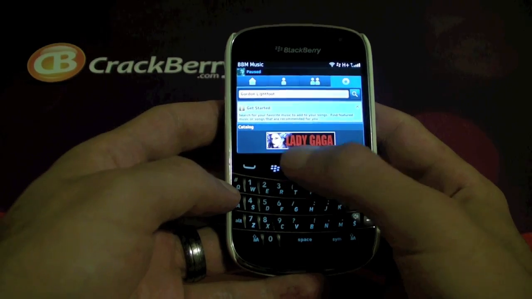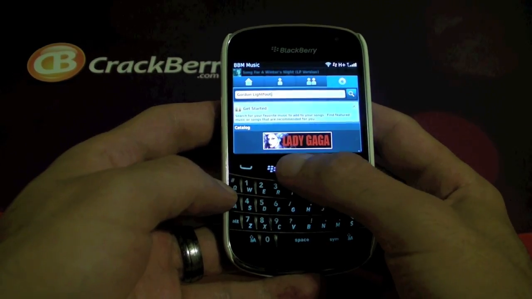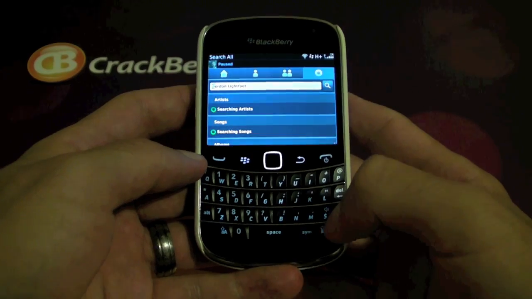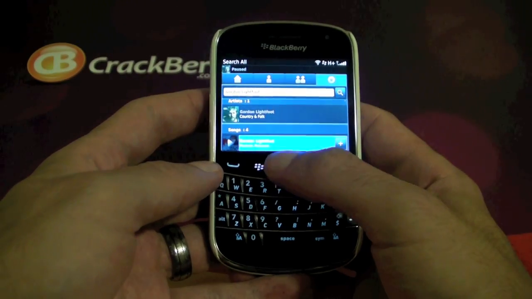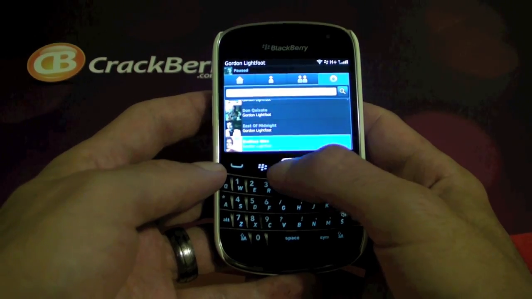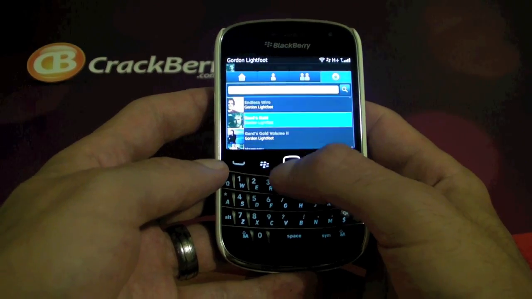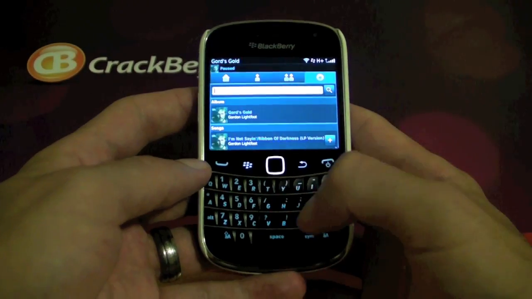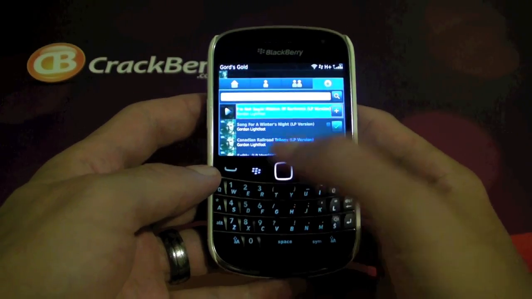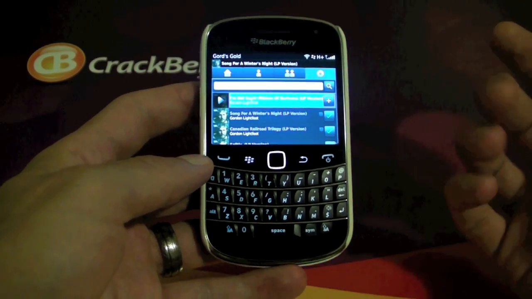The interesting thing here is if I go ahead and search, now I have Gordon Lightfoot added in there, but if I search for Gordon Lightfoot and pull up Gordon Lightfoot albums, it gives me a bunch of albums that I can choose from. I can flip into this album, and this is where it gets interesting, because where I've accumulated songs